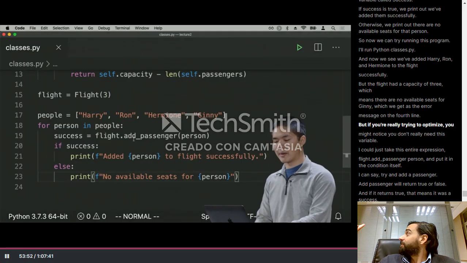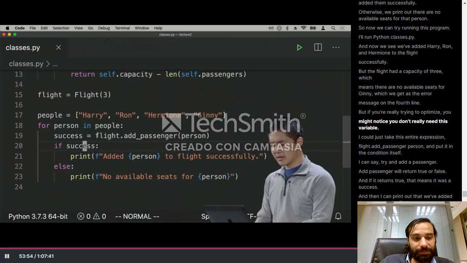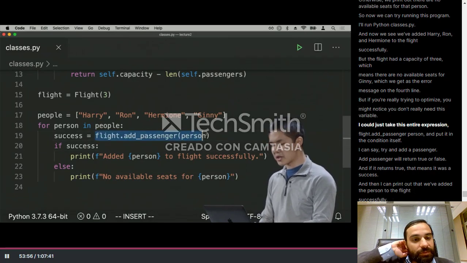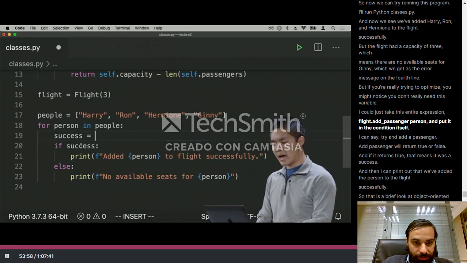And if you're really trying to optimize, you might notice that you don't really need this variable. I could just take this entire expression, flight.addPassenger(person), and put it